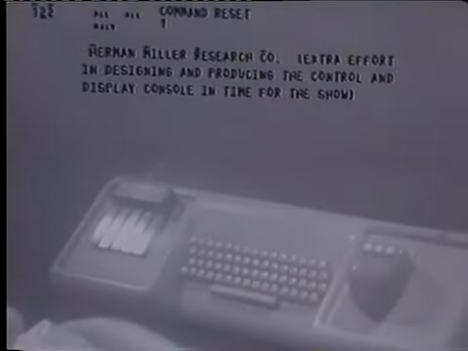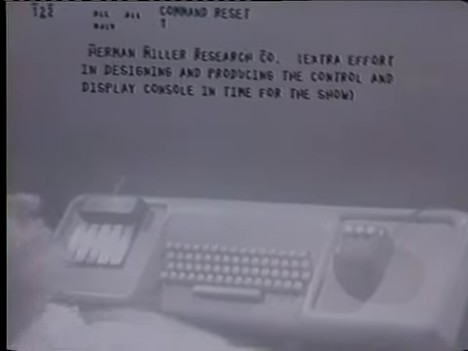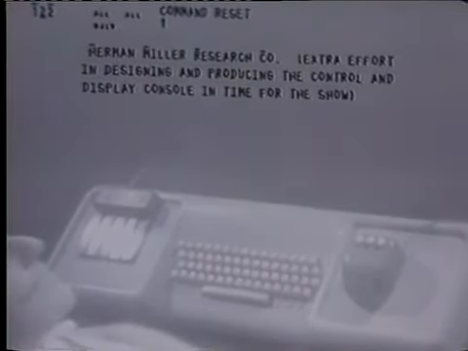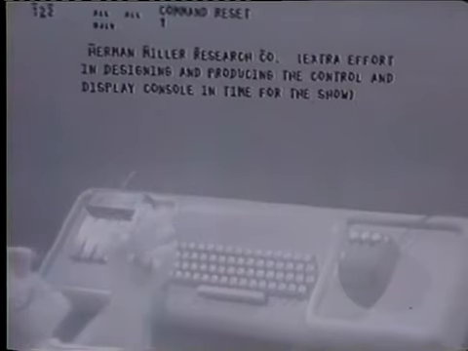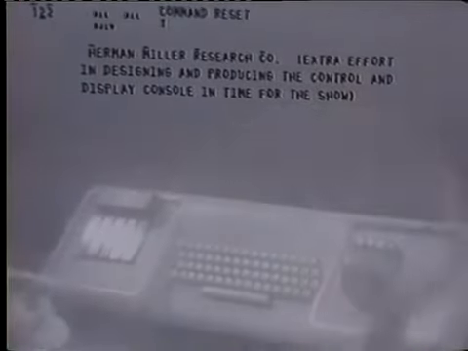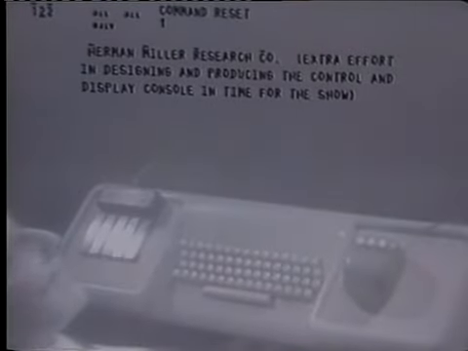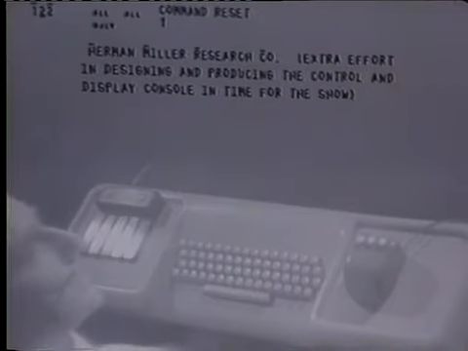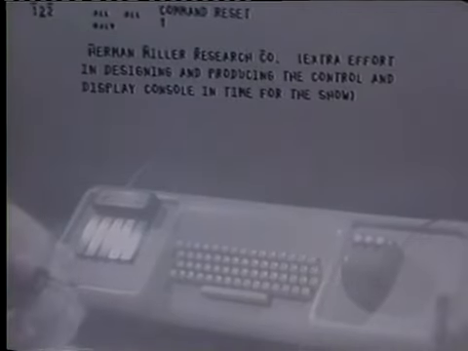A very interesting credit to bring up next is Herman Miller Research Company. This is an affiliate of Herman Miller Furniture Company. And why are they connected with a computer show? Well, they've been bringing out some new office furnishings, and we've been very much interested in developing the whole environment for people working in a different way, and that means walls, desks, surfaces, console, and everything. We got so attracted to their line that they've started working to help us equip offices and study it like that. And one of their designers, Jack Kelly, came one day and spent a day working with us